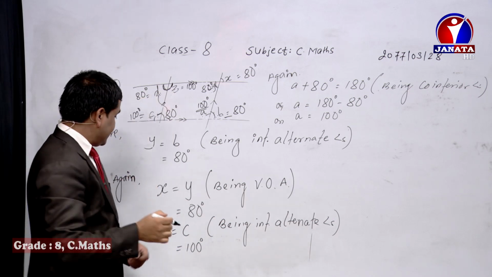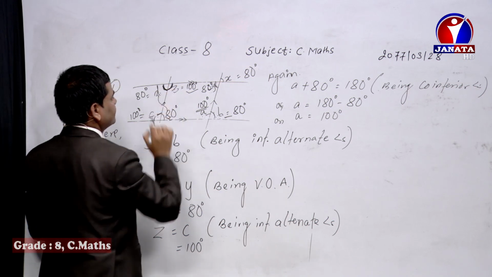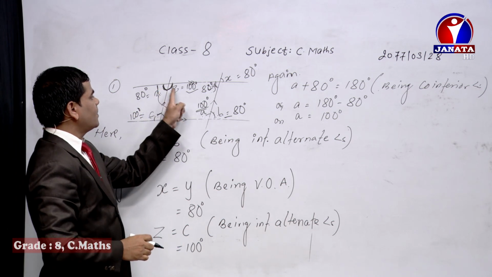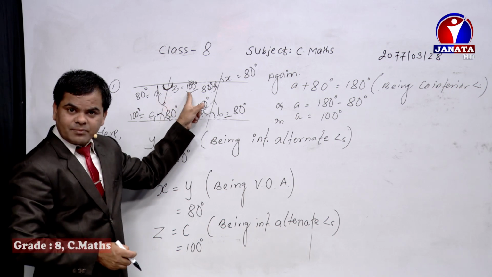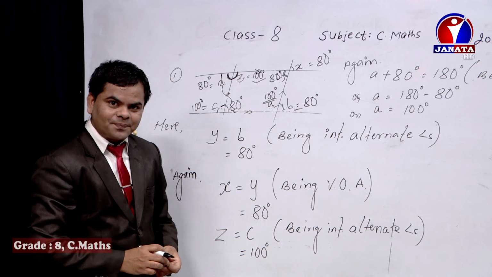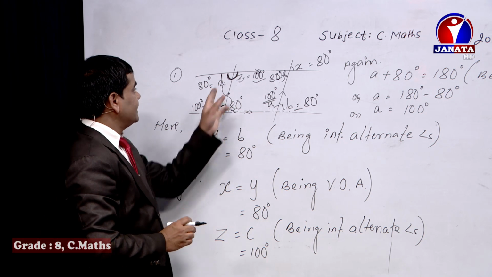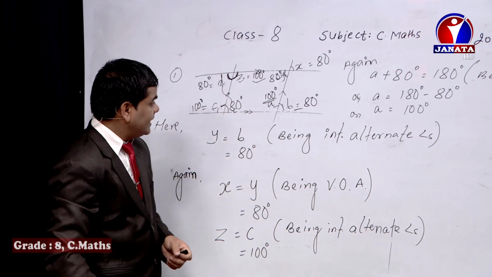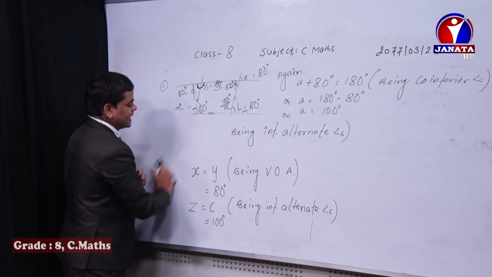Or another one is, as we have already got the value of Z as 100 degree, you can do supplementary also, linear pair or the sum of straight angle. So doing so, D plus Z equals 180 degree. As we have got the Z value as 100 degree, now how much remains to be 180 degree? Of course 80 degree. That's why you can write 80 degree as the value of D. So this is the way of solving by using the different types of angles.